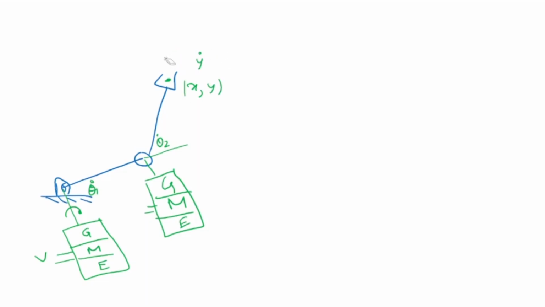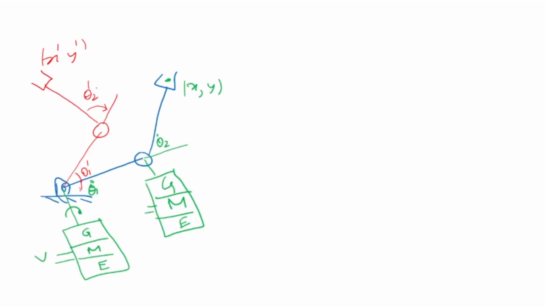Suppose the manipulator is at some xy position. Now we want to take the manipulator to some other position. I want to take the manipulator here. I want to take it there. That's a different x dashed, y dashed. So this is my theta 1 dashed, and that is my theta 2 dashed now.